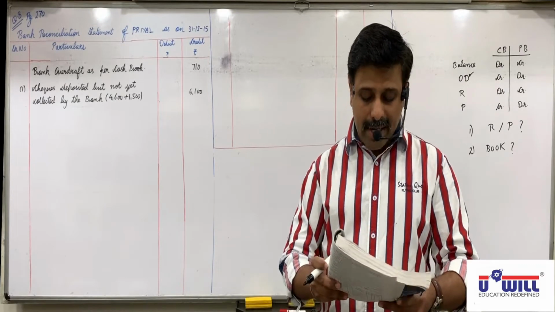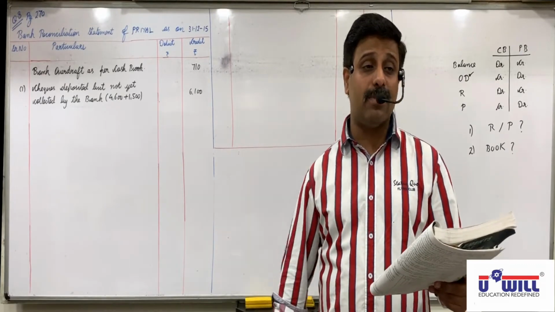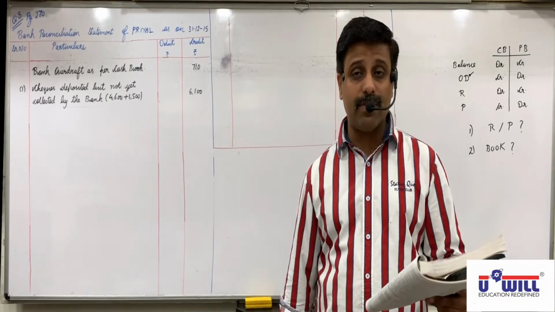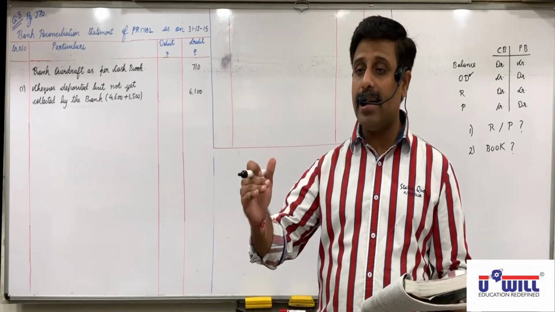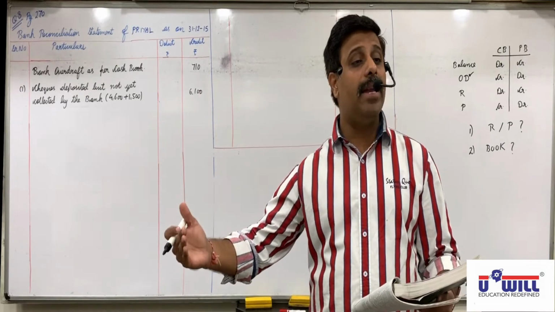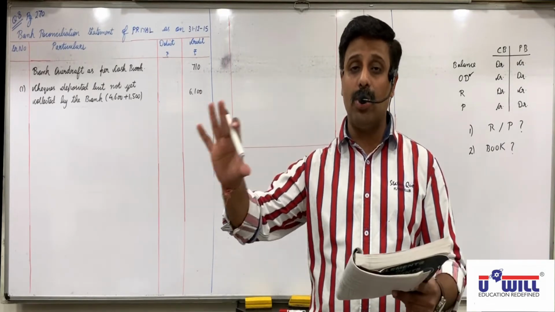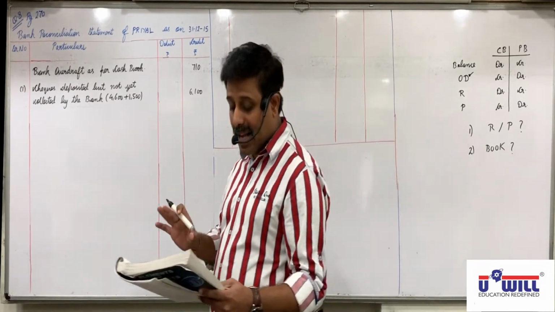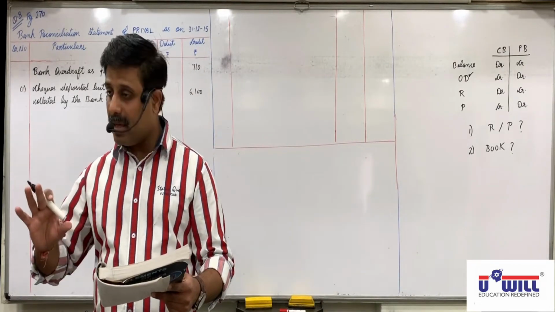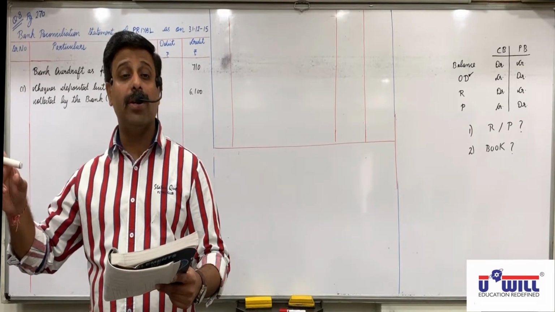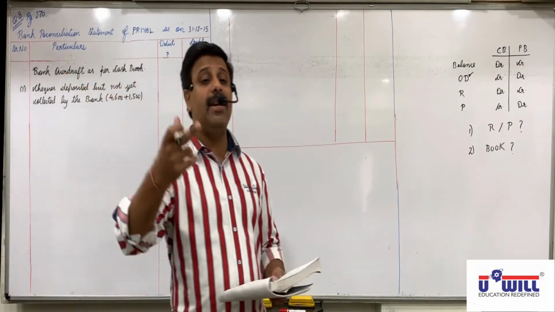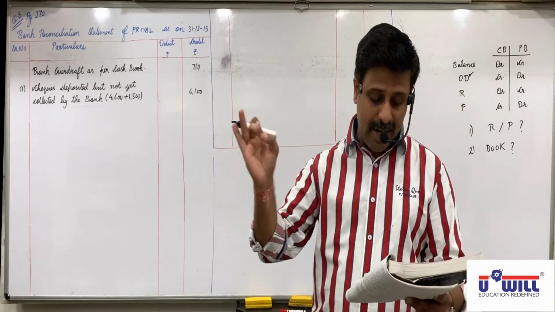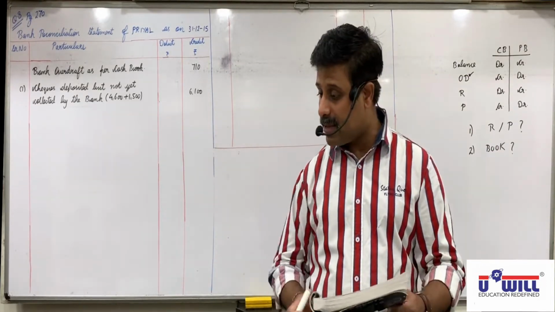Now, 8,200. When is it credited in the cash book? December. When is it debited in the passbook? December. It is credited in the cash book as well as debited in the passbook in the same month. No effect. 9,300. When is it credited in the cash book? December. But when is it debited in the passbook? January. Means it is not debited in the passbook in December. So underline 28/12/15 and 1/1/16. This will come.